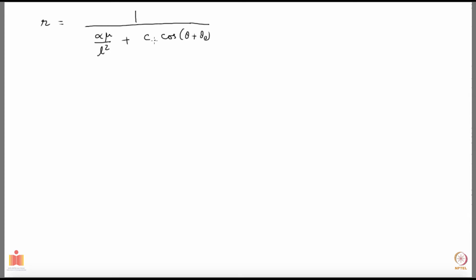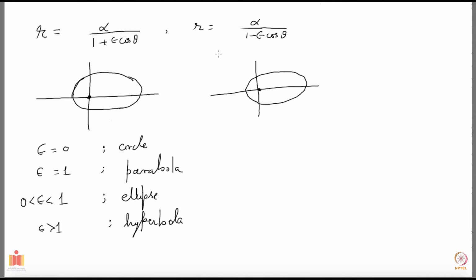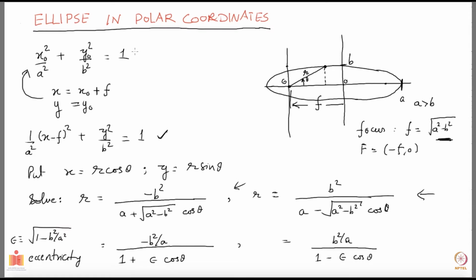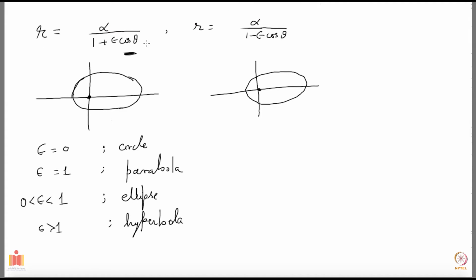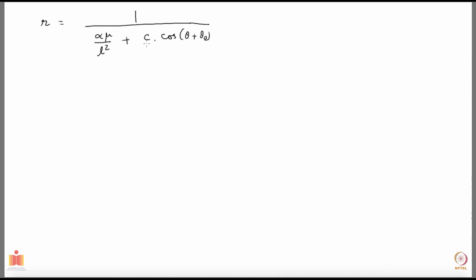And this is very familiar to you now, because depending on what value c takes, this will be either a parabola, a circle, or an ellipse, or a hyperbola. That is what you have seen. Let me go back a few slides and show you. You see here, this was what we had for an ellipse, and that's what we had for a parabola. And of course circle is part of it if epsilon is 0. So that's what we have found. We have found our orbits to be conic sections. These are all the polar equations of conic sections.